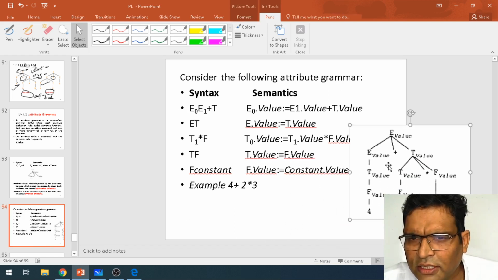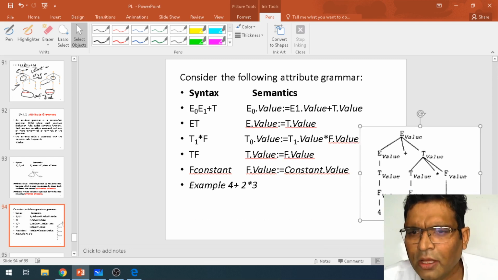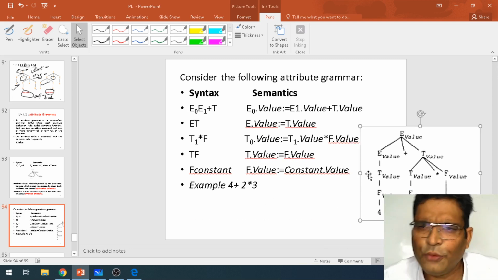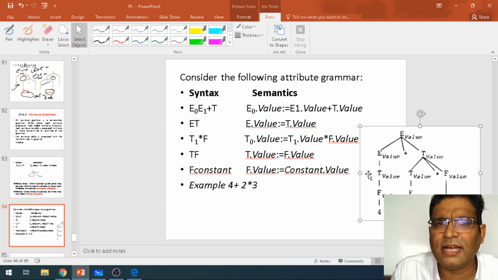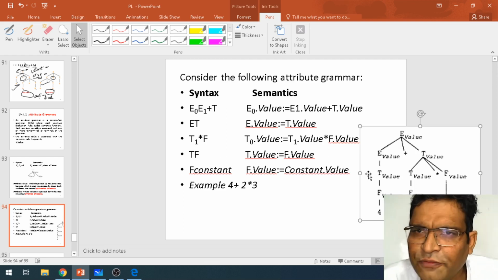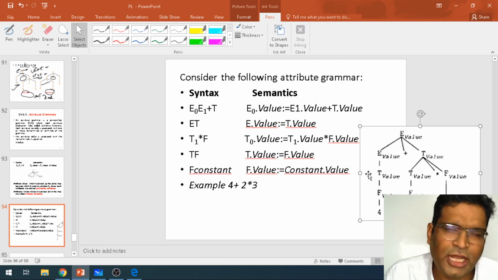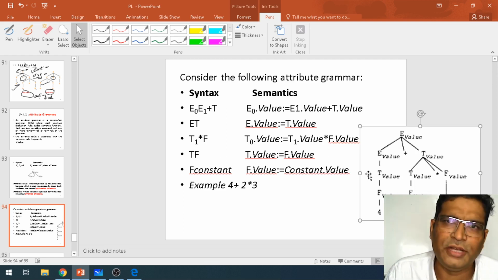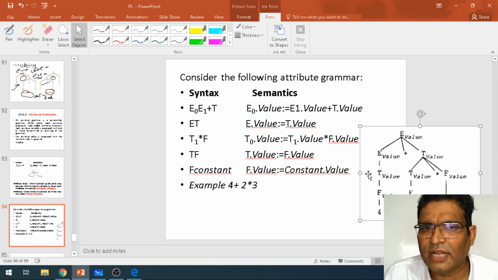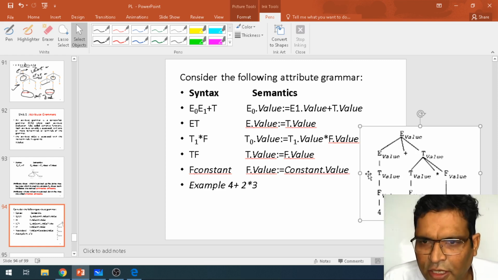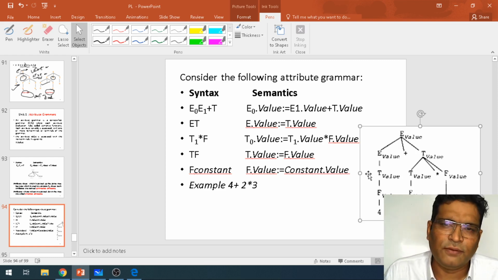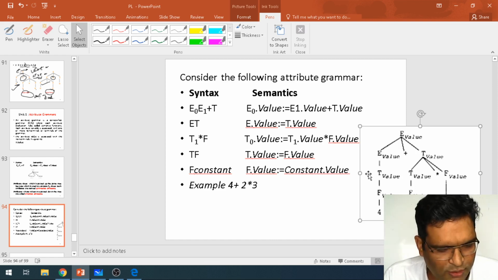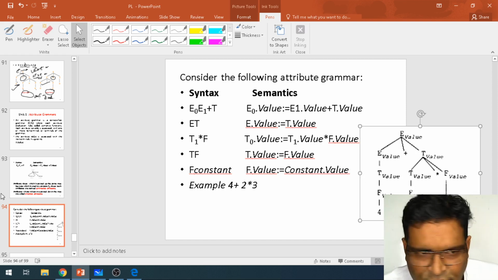So how have you derived it? The only thing is that in an attribute grammar, what you define is the semantic meaning of it: what values it has at runtime and how it is going to take them. Whereas in syntax, we define something different. So the attribute value is the value which we have given it. This is what an attribute value is, and that is the example given to you.